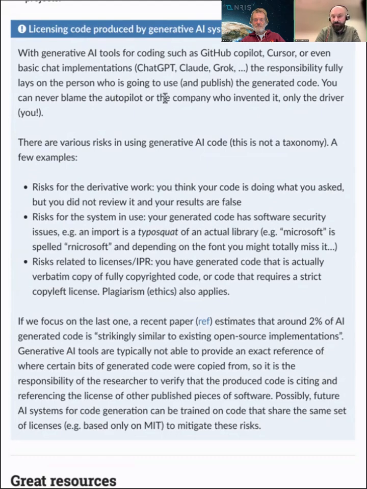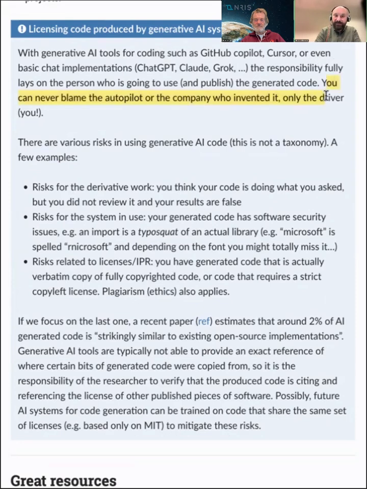Well, then you take the full responsibility that you're not publishing some verbatim copy-paste from a library that is proprietary, or a library that requires one of these very strong copyleft licenses. And unfortunately, these AI systems out there are not telling you, okay, I generated this code for you, it's actually 95% similar to this existing code from this library, so please cite the library.